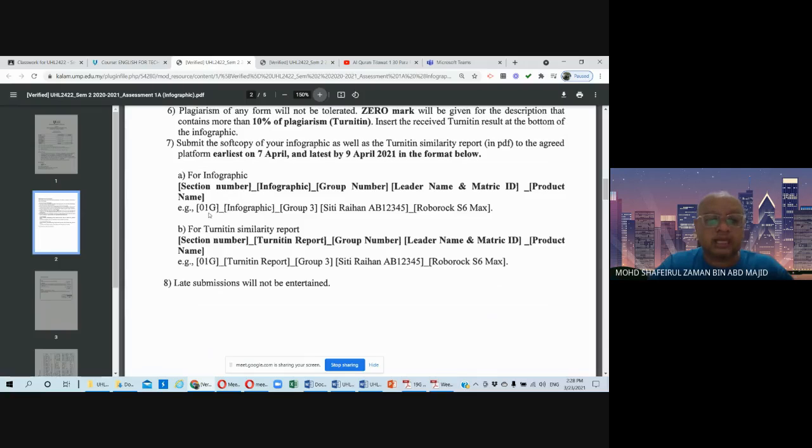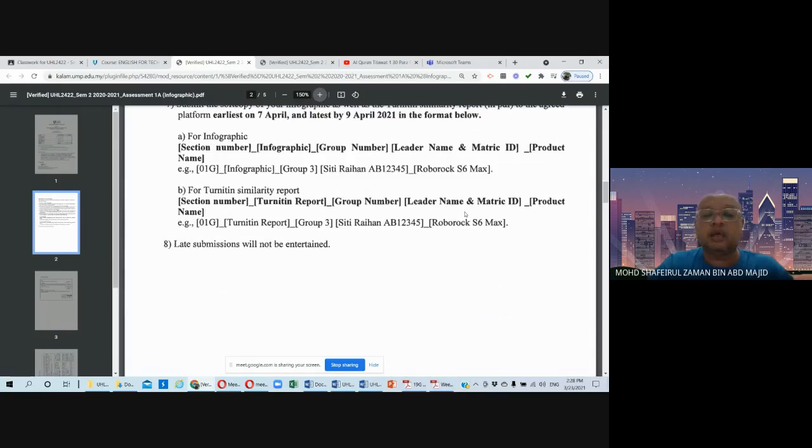This is the example. You can get this from Kalam, so it shouldn't be a problem. The same goes for the Turnitin similarity report. You just need to change from infographic to Turnitin report.